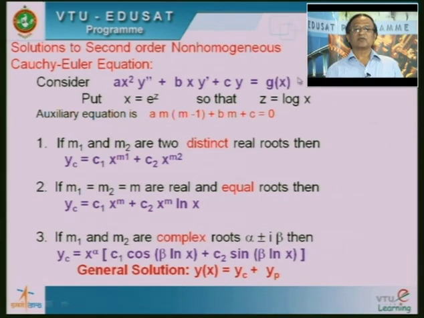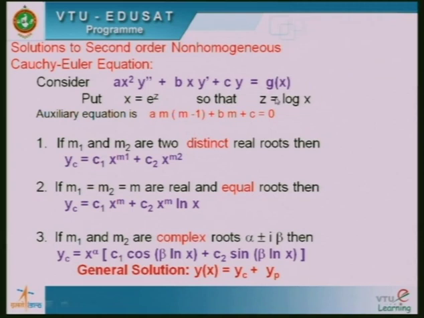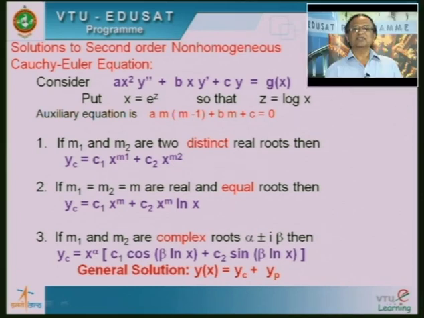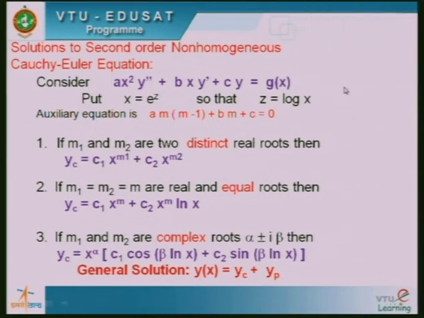So, we write down PI is equal to 1 upon f of D into e to the power a x, and I replace D by a. A means the coefficient of x. Is it clear, right? Provided f of a is not equal to 0. Otherwise, I have to multiply by x into 1 upon f dash of a into e to the power a x, if D is equal to a is one root of the auxiliary equation. Is it clear, right? So, I am going to use the same rule here also.